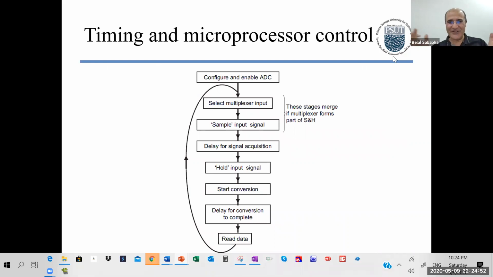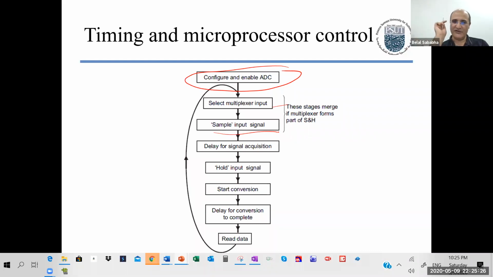So how does the whole operation work? We configure our ADC. Now we're going to do an example. Okay, now we'll do it together. We configure it: we tell it to choose this channel. This is the timing we want to work with. This is the channel we want to read. The result, put it in these registers this way, and we do the math and figure out what the voltage outside was. Okay, so we select the multiplexer, telling it where the sample signal we want to read is,